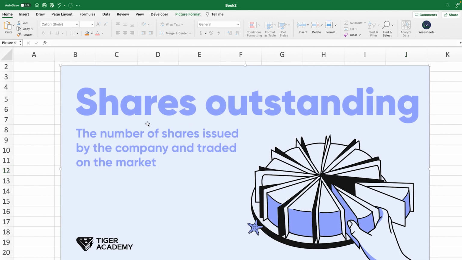Now you may ask yourself, what are shares outstanding in the first place? And the answer is simple. Shares outstanding are basically how many pieces of a company ownership are there out there. So let's pretend that Apple stock was represented by this chart that we can see right here. As you can see, we have roughly 12 pieces of this pie, or as we like to say, 12 shares outstanding of the company. So if you were to own one of these pieces, you would get 1/12 of the